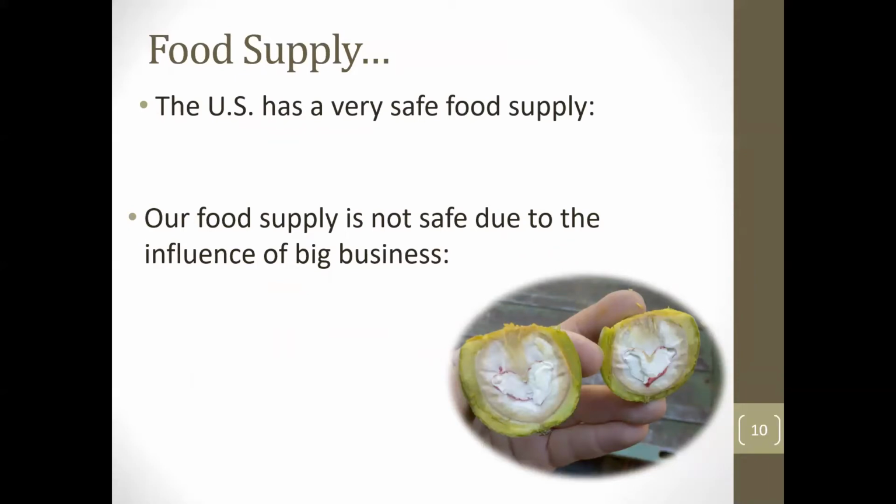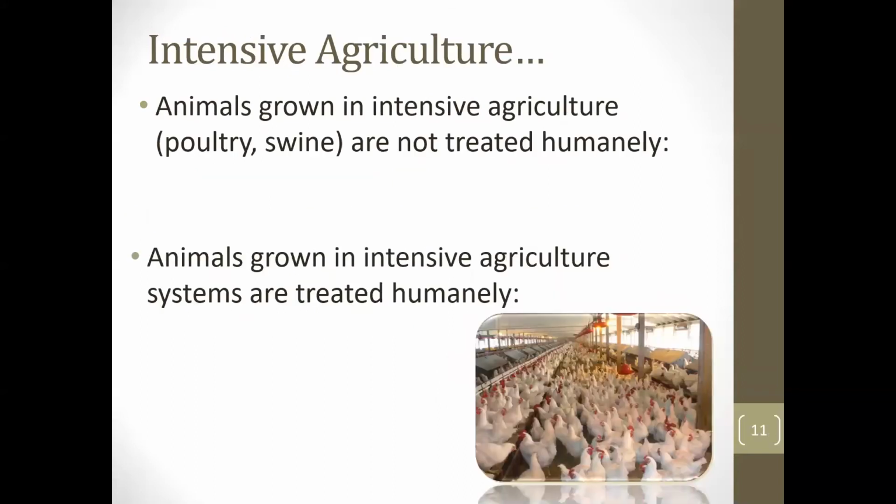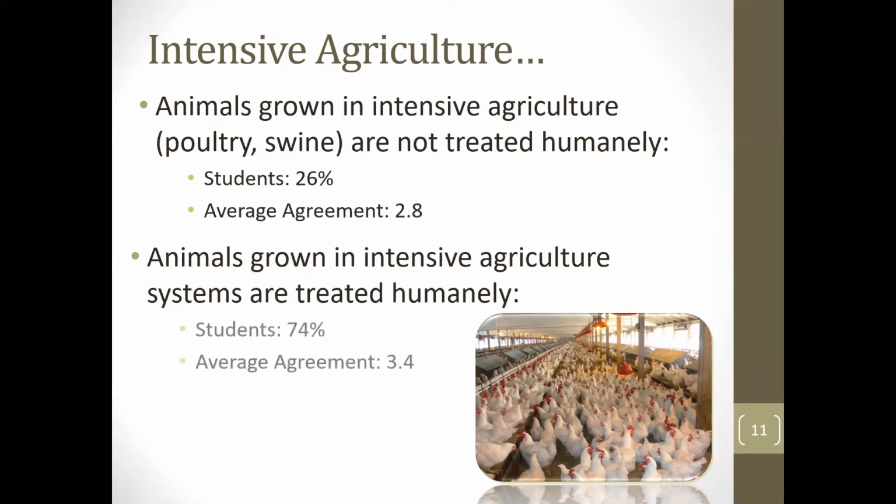The US has a very safe food supply, or our food supply is not safe due to the influence of big business. Those are the results of that. Intensive agriculture: animals grown in intensive agriculture, poultry, swine, and so forth, are not treated humanely, or animals grown in intensive agricultural systems are treated humanely. Quite the difference in views for the